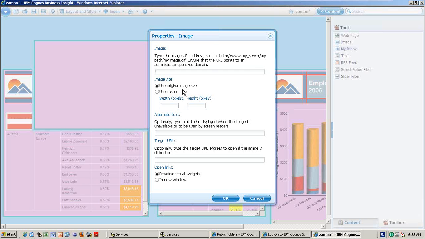If you want to show the original image URL, or say for example, if it is available as 100 pixels, you want to increase to a custom size and put 200. That means the actual size is something, and whatever you are showing here, you want to show something different. Then you go for this.